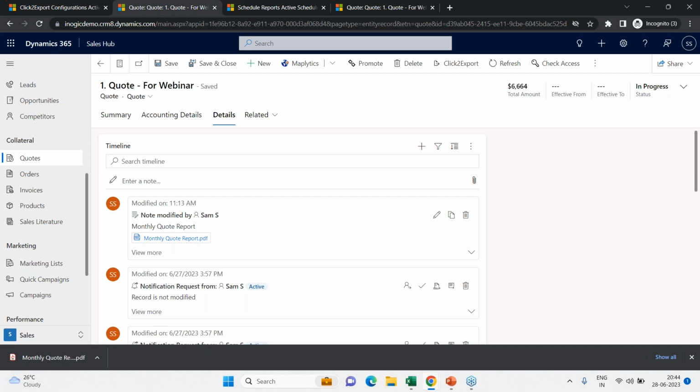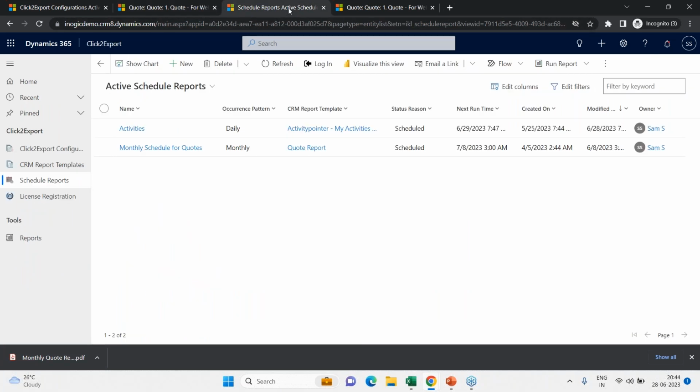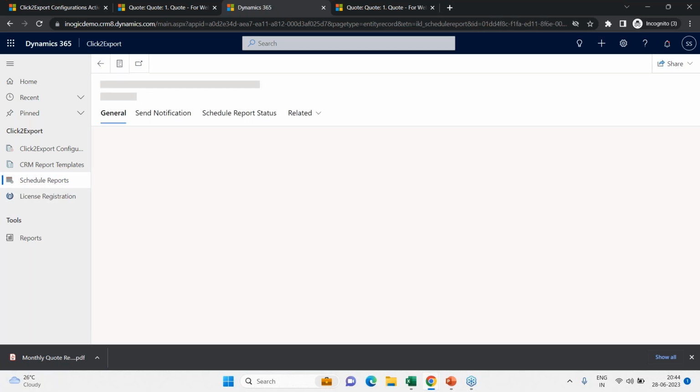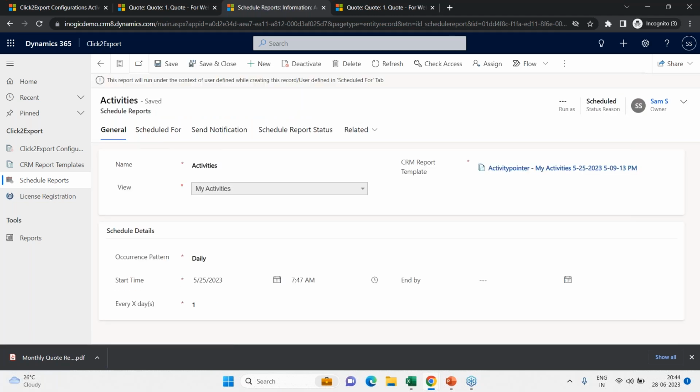Now I also want to touch base on a very interesting scenario with Click2Export. The one which I like personally, you can schedule some reports. So if you want to send some reports on a daily basis or a monthly basis, that's where under the Click2Export we can go right here at schedule reports. And as I had mentioned, I have pre-configured some of them. So let me just open one of them, which is the activities. And what it's basically taking is the view of my activities. It's taking the CRM report template that has been configured,